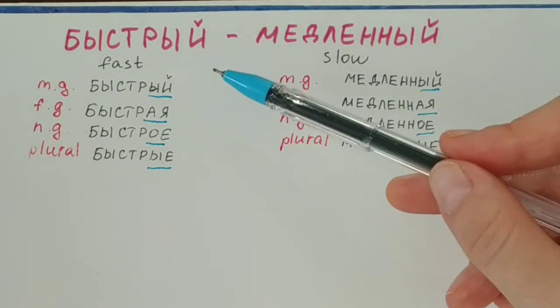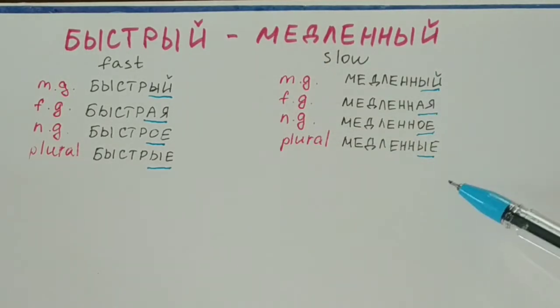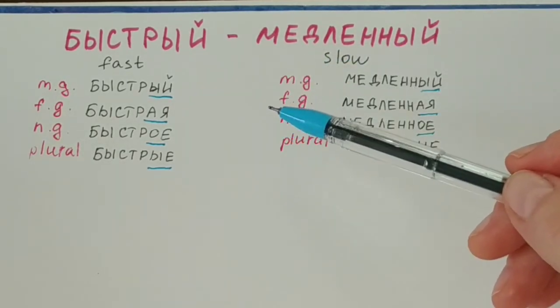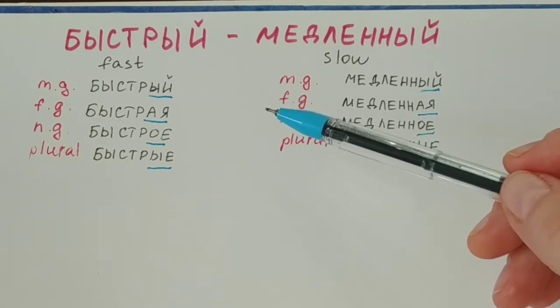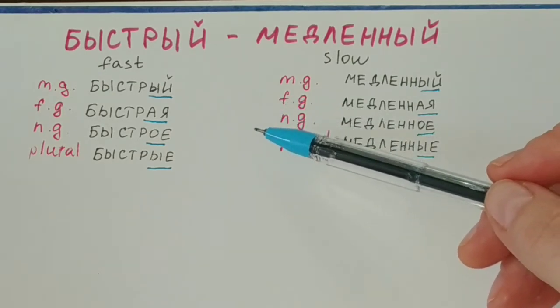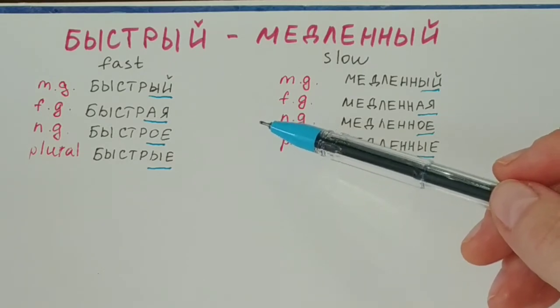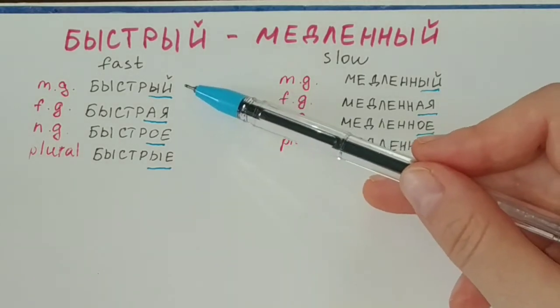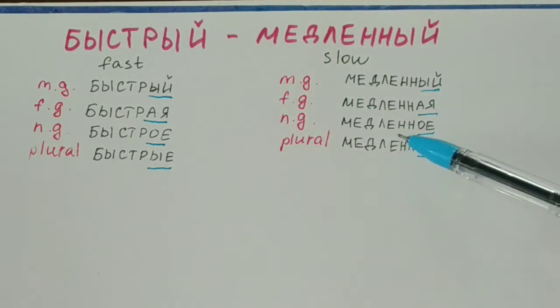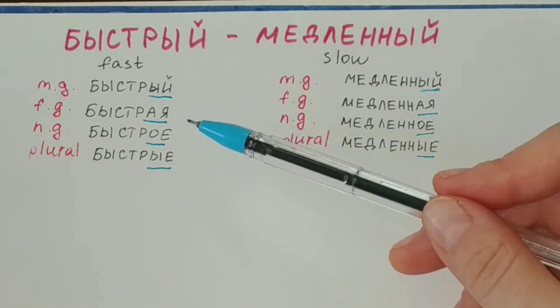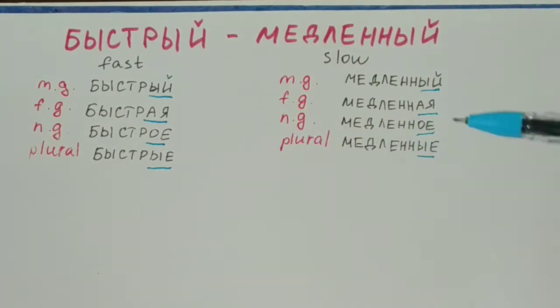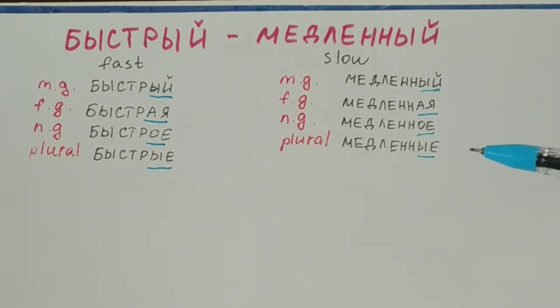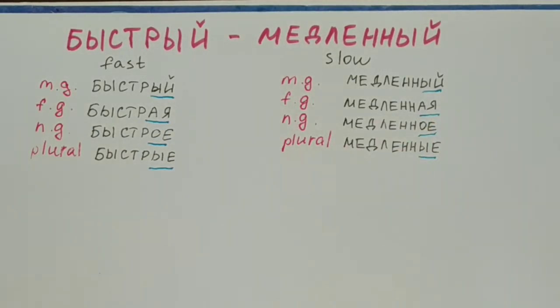So of course, naturally, you have to know all of these words, but if you know the rule of forming different gender forms and plural forms of adjectives, it is the most basic rule, it is strictly following this rule. So if you know that, it will not be any difficulty for you to form these adjective forms yourself, if you can't remember them. So just remember which ending corresponds to which form, and that will be enough for you to come up with the correct forms of these adjectives.